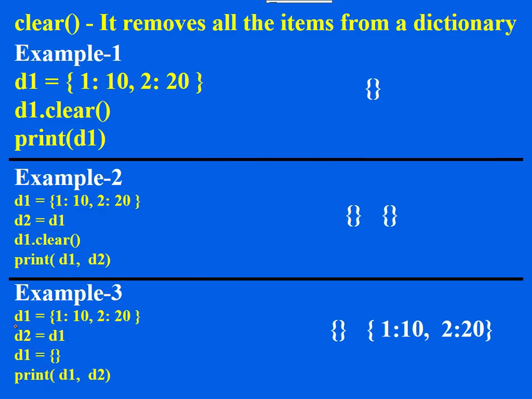Whereas if I write D1 is equal to this dictionary, let me represent it. D1 equals dictionary 1 colon 10 comma 2 colon 20. Now D2 equal to D1, a shallow copy is created, so D2 is pointing to the same dictionary. Now if I write D1 equal to empty curly bracket, only the reference is changed, which means this reference is